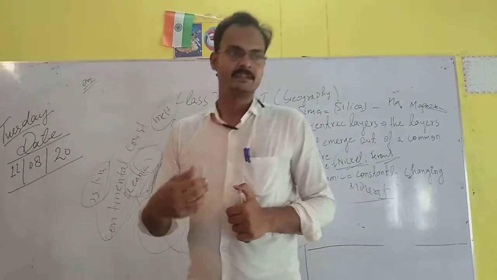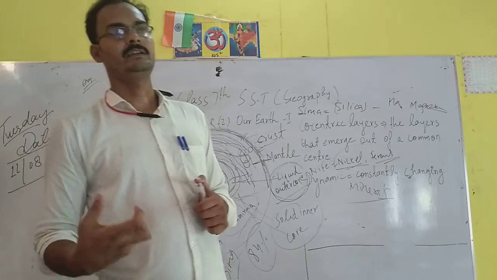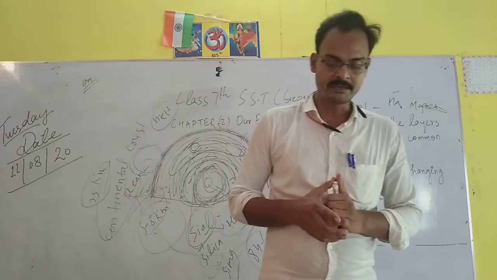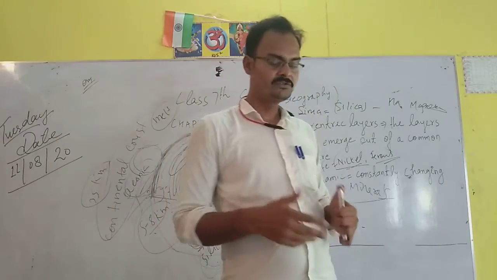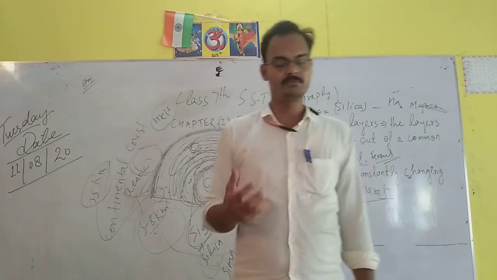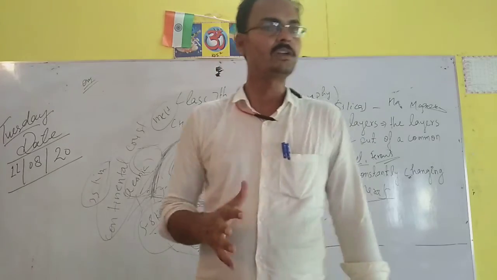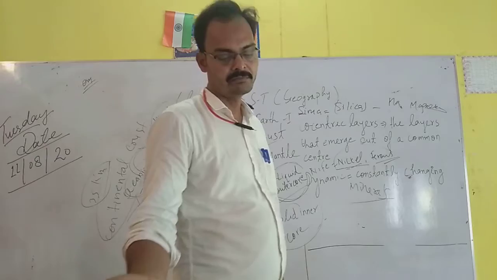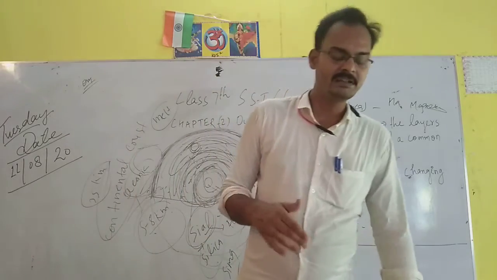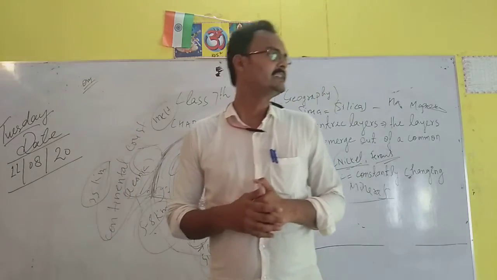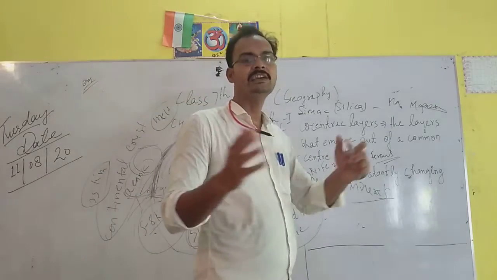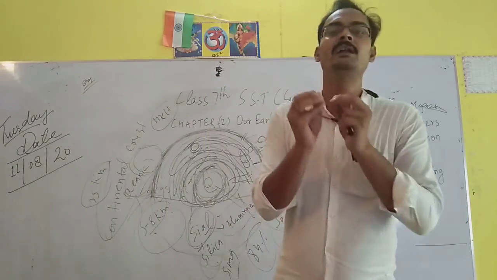If there is metal like gold, silver, copper, then there are metallic minerals, and if there is non-metallic, just like limestone, mica, gypsum, these all are non-metal. So if there is non-metal, there are non-metallic minerals, and if there is metal, those are metallic minerals, and both are minerals because both are solid substances which have a definite chemical composition.